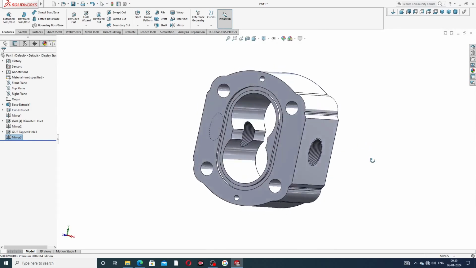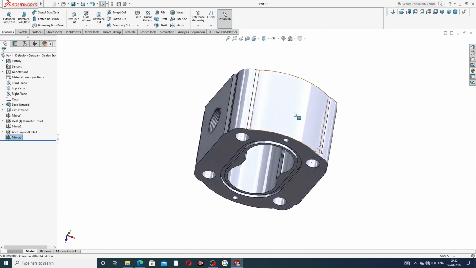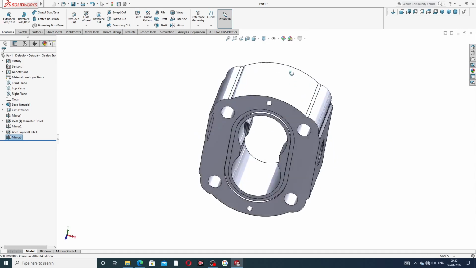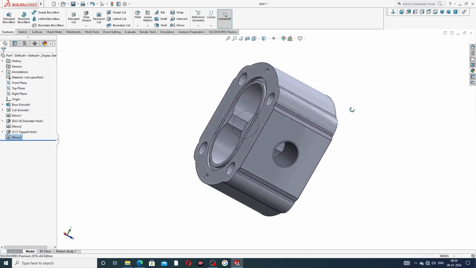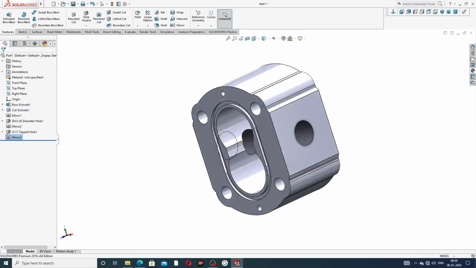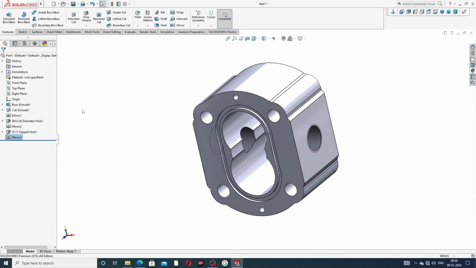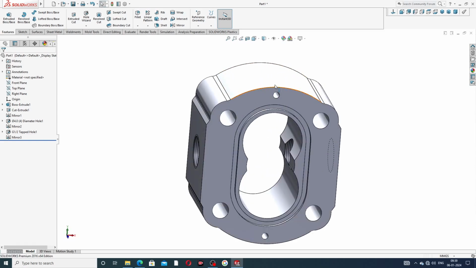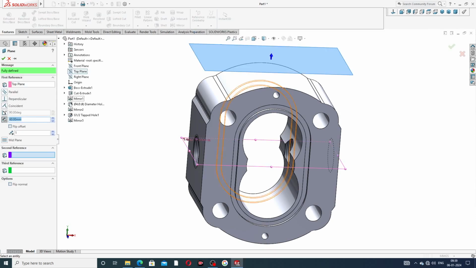Okay, and some points are discussed here, like writing a letter. This is very nice. This point is very important. At first, select the top plane and use an offset plane, and this is 60 millimeter, perfect, and click